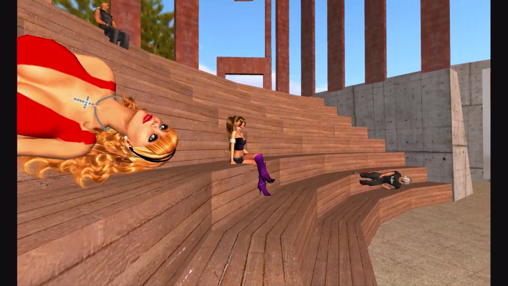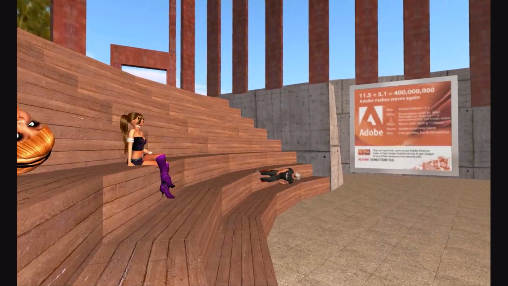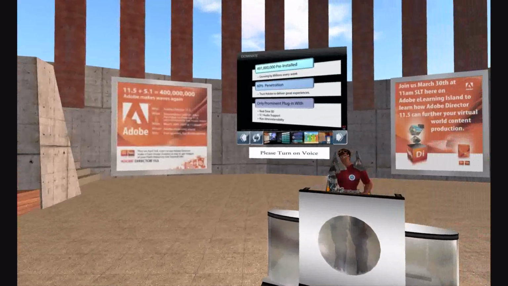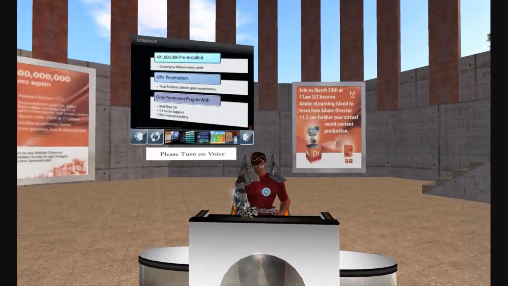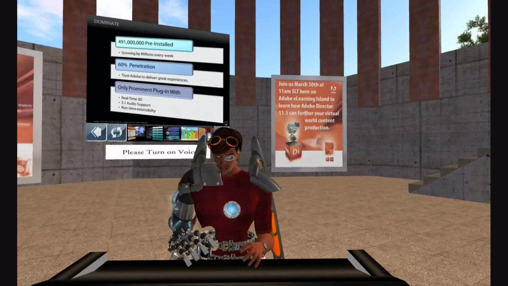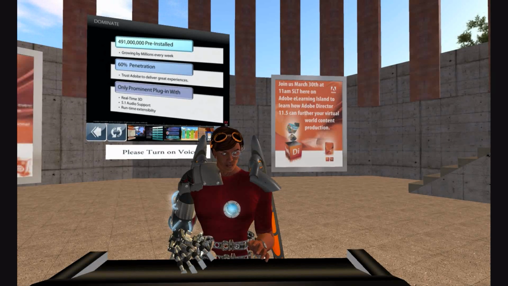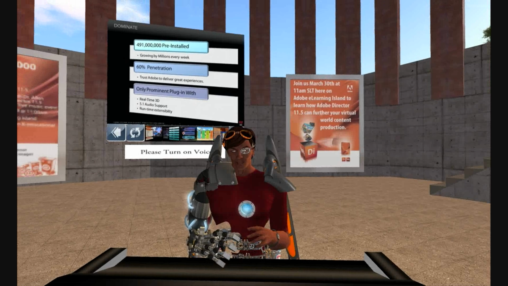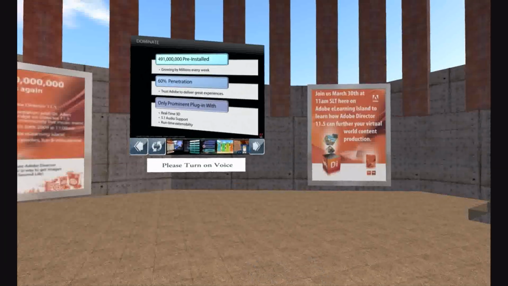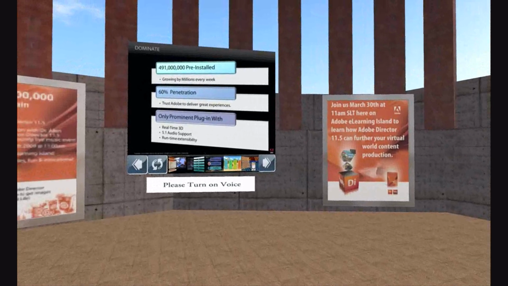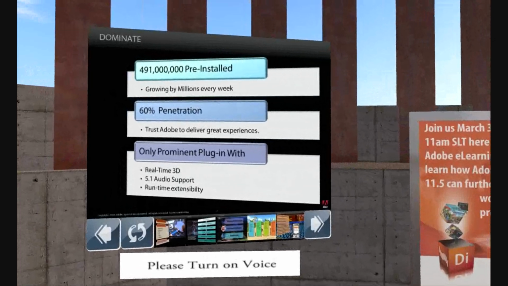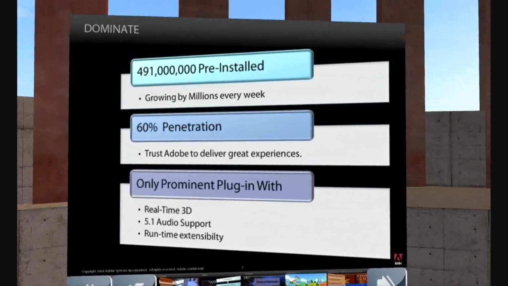And then runtime extensibility, which is one of the coolest features. You may be familiar with runtime extensibility, even if those words don't ring a bell. Runtime extensibility essentially means that you can add on functionality to the software that wouldn't necessarily have existed prior. So, for example, if you went to a museum and you saw a museum installation, and in that museum installation,